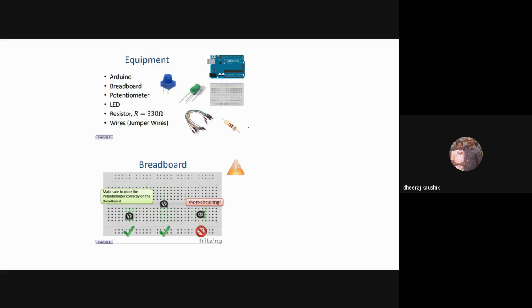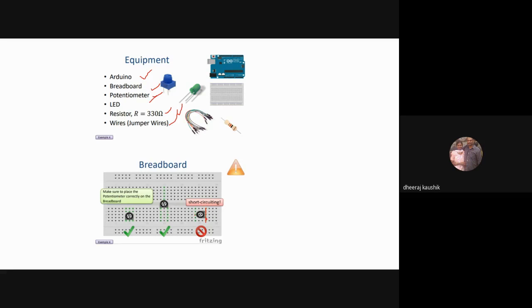And the project which you will be doing using the potentiometer, this is a brief idea about it. The things you will be connecting in your Tinkercad would be an Arduino and a breadboard. To your breadboard, you'll be connecting your Arduino and potentiometer. You'll be connecting an LED and a resistor, and wires between them. So this is somewhat a basic idea about how not to put your potentiometer. If you put your potentiometer here, here, and here, then you can see these both ends are connected to the same small line.